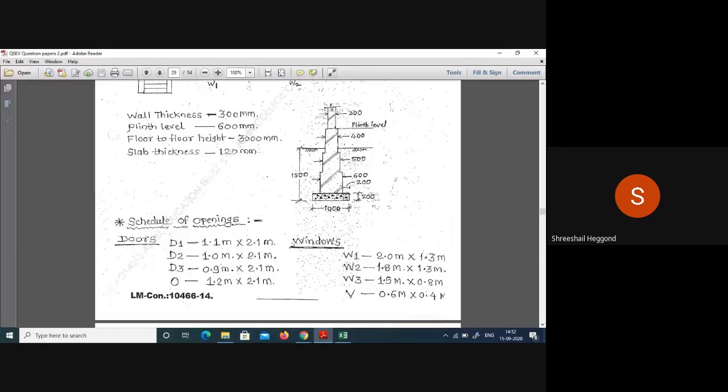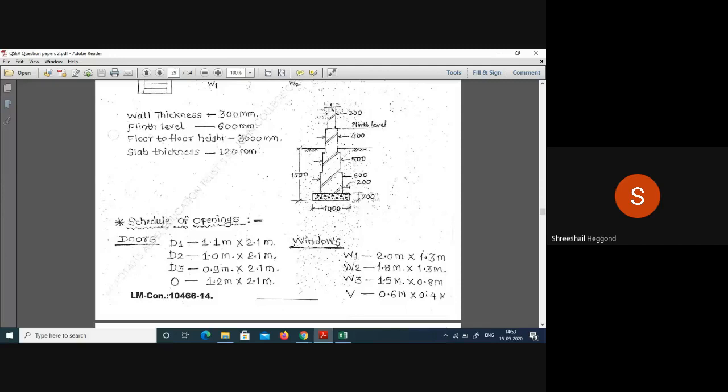Bottom length is breadth is of 1 meter and height of excavation, that is below ground level, is of 1.5 meter. Thickness of PCC is 200 mm and width of first footing is 600 mm and width of second footing is 500. Width of third footing is 400 and wall thickness is 300. That is all in terms of mm.